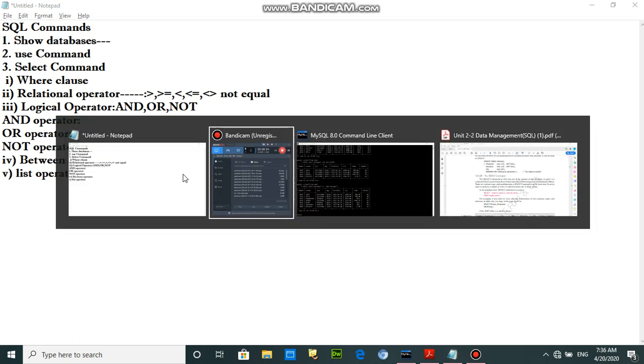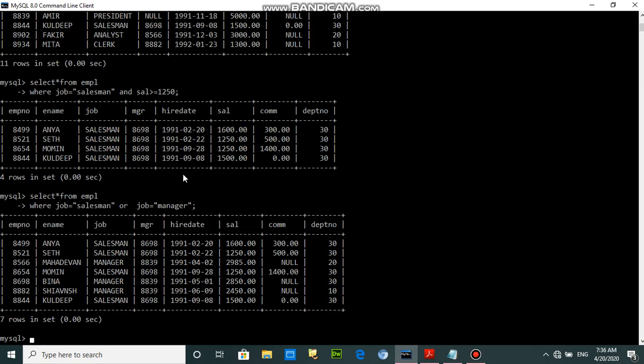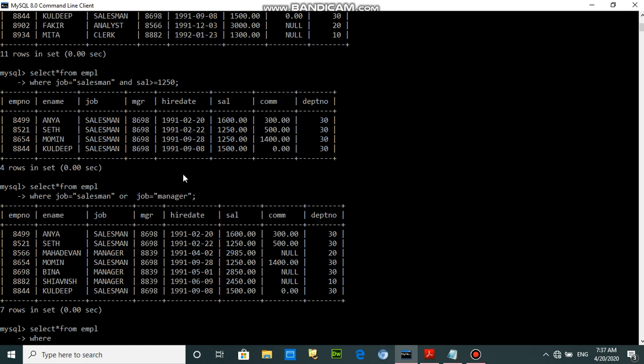For example, suppose that I want to show the information of those employees who are not selected on the salesman post. So for this, we have to write where job equals to salesman, but here we have to write the NOT operator.